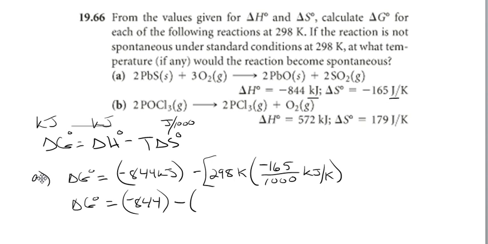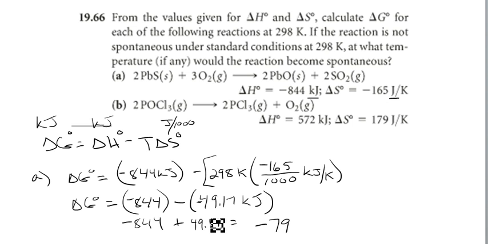So this would be negative 844 minus, this comes out to be negative 49.17 kilojoules. Okay, so we're doing negative 844 really plus 49.17. And so we see that our 49.17 is a smaller value than 844. So it's going to leave us with a negative delta G. So this works out to be negative 795 kilojoules. Okay, so again, because delta G comes out to be negative, then we know it's